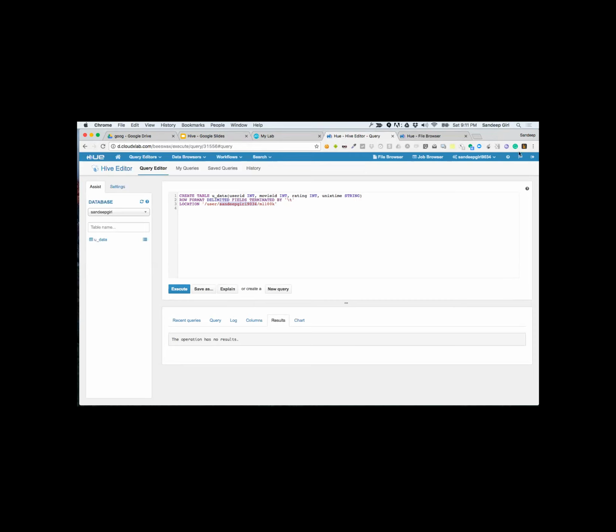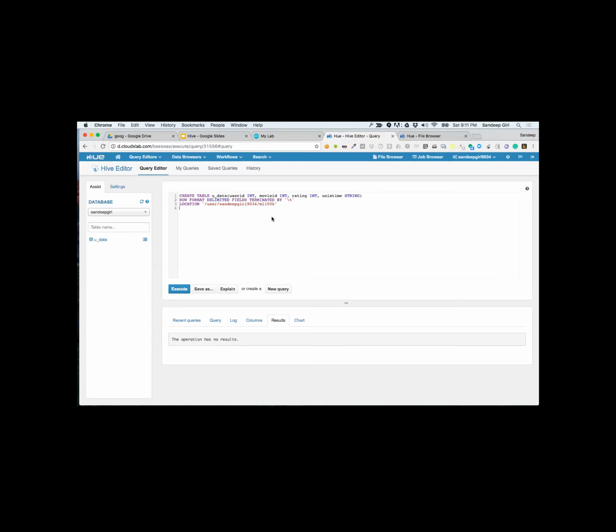So first what we did so far is we copied the data from a central location to our home directory so that we can experiment a little better. And then we created a table, and we are defining the location of the data.